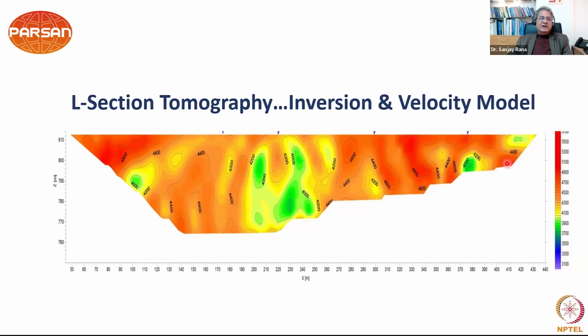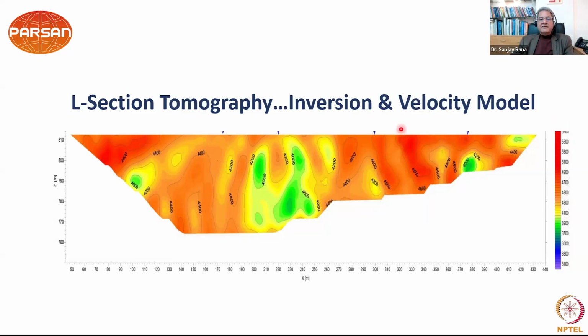And we generally look for the relative changes because it's impossible to say that every dam will have this kind of P-wave velocity. That's not true, because every dam has a different construction history. It has been constructed using different kinds of material. Even the masonry used can be very different. This was a masonry dam for that matter. So we do not have an absolute value of velocity attributed to one particular type of dam. But what we look for is the relative changes.